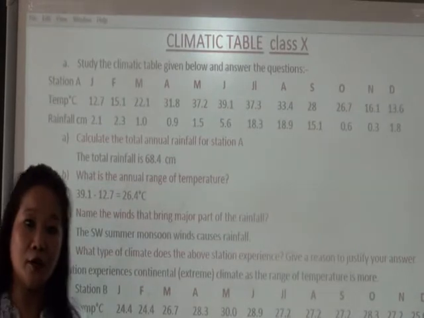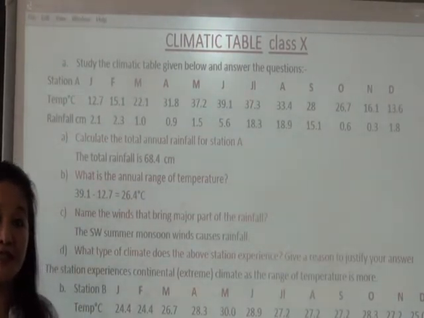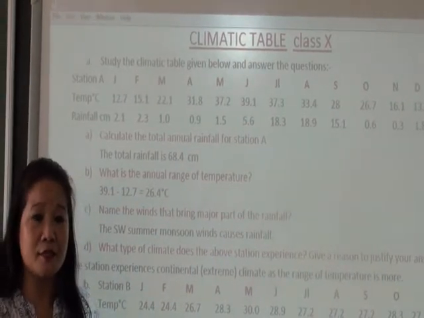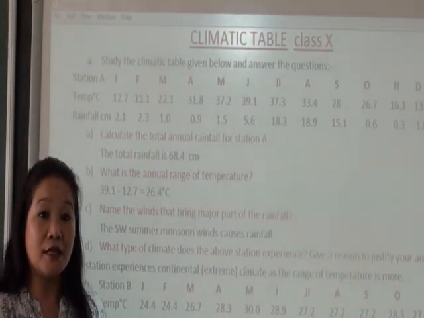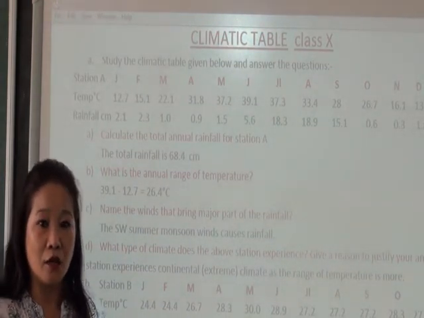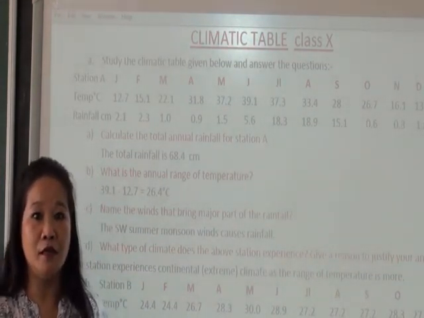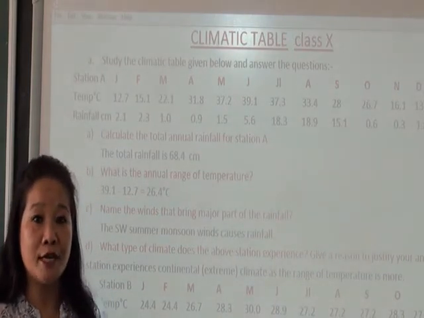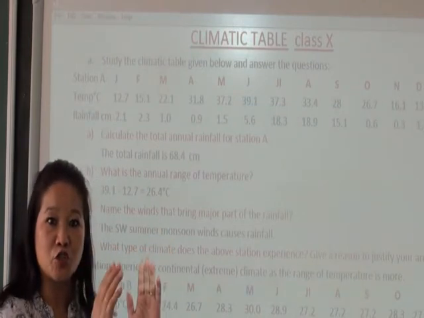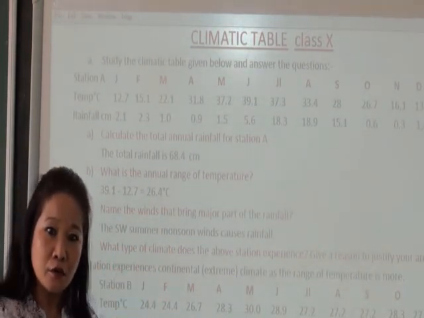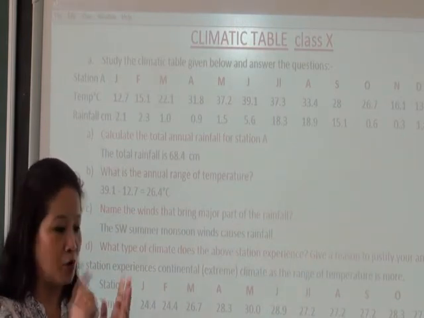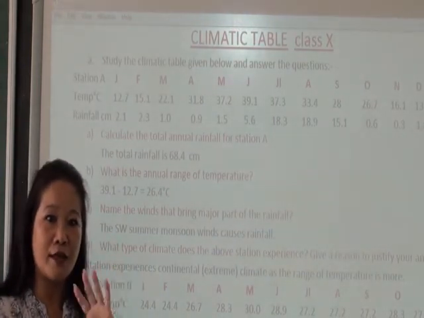Now, there are two types of climate that we experience. One is continental climate, that is in the interior land masses, and the other one is coastal location, where places along the coast experience equable, marine, oceanic or maritime type of climate. So there are two: continental, which is also called extreme, and coastal location, where the climate is referred to as equable, oceanic, maritime or marine. You can write any of these.